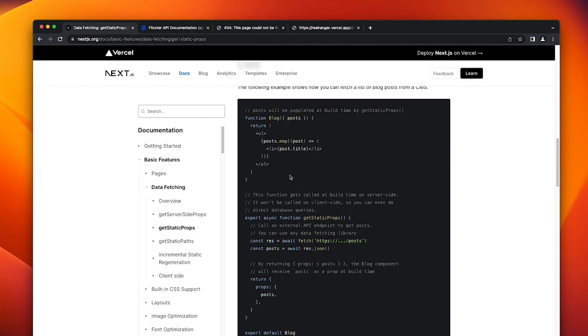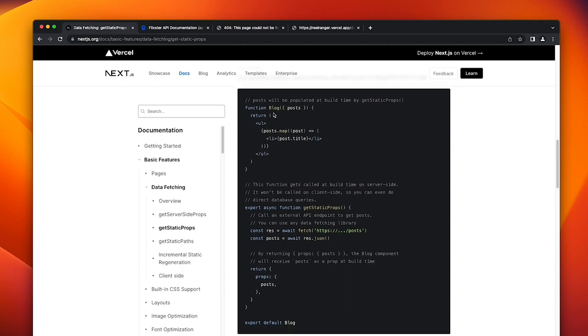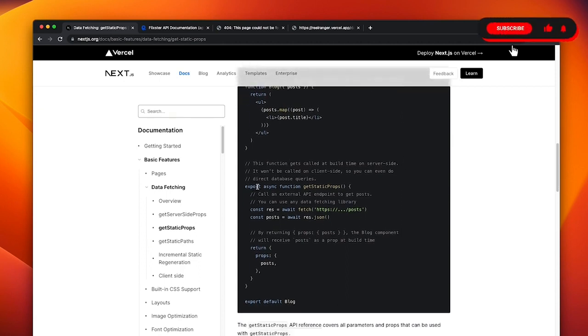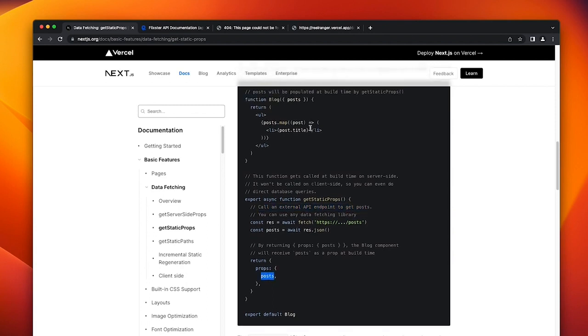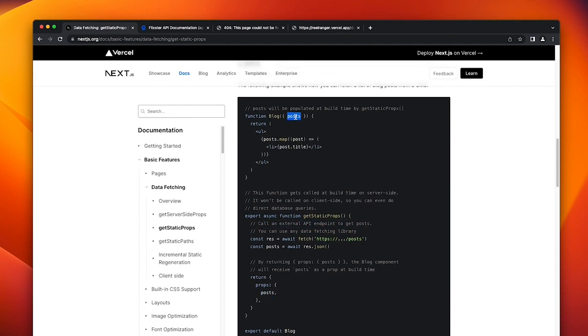Then after that, right inside that same page, the blog page, we have this function called getStaticProps. And what it does is we're calling an external API endpoint to get the posts, and we are storing it into the posts variable, and we are passing that posts variable as a prop. And now this posts prop is what we are passing to the top of the blog page here. So that's what we're going to do. We're going to have our dashboard page,